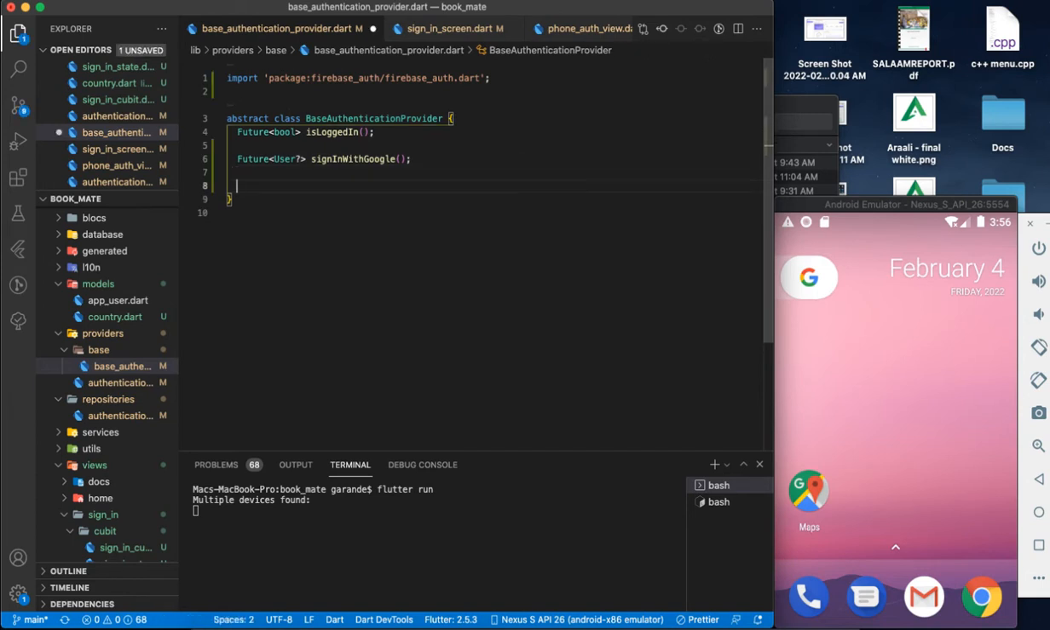So here we are going to create the method, which is going to be a Future. It is going to return a user. Okay, and for this case, you are going to say send. It's not going to return a user. It's going to be void. In fact, it's void. So this is going to be sendOTP. And also now sendOTP is going to have the following